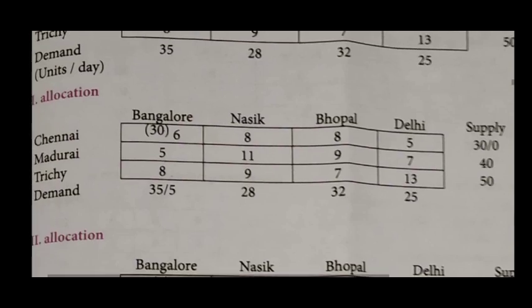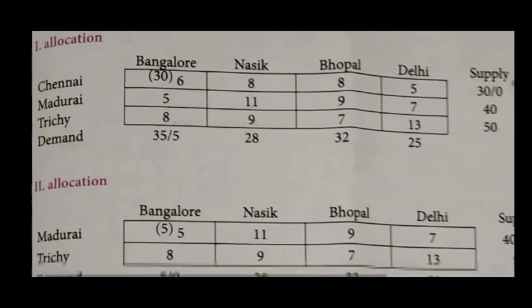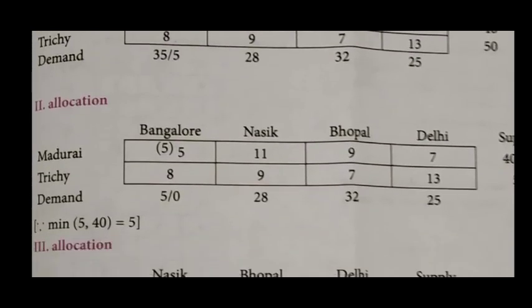So we allocate 30 for column 1, that is, the first row, first column is allocated as 30. Okay, so in the first row we are having 0 in supply, therefore the first row is eliminated. We are having Madurai and Trichy, the two rows, written here. After that, now again we are taking the first northwest corner, 5.